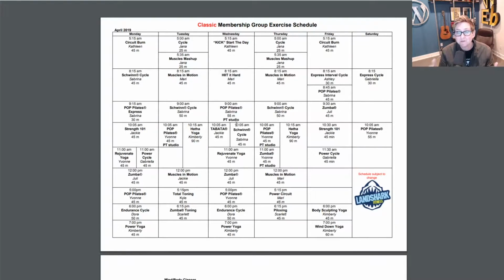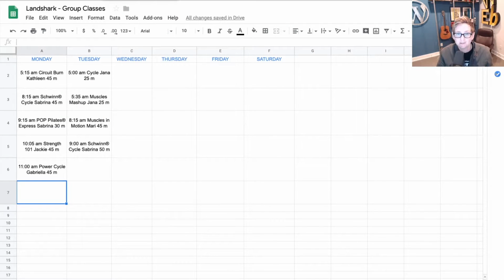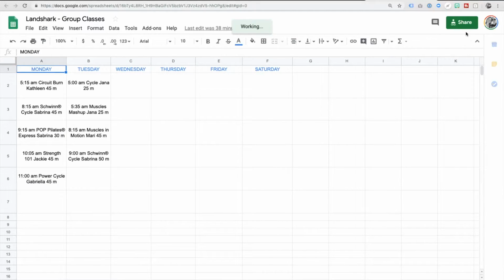The problem is, while that might be convenient for the member, it is not convenient for the admin side of this. Having to update this darn thing consistently, then send it over, get it updated, it's too much. So I want to challenge you to use something like Google Sheets to do this. You can come into Google Sheets easily and quickly, make this same layout for your members or whoever needs to be seeing this. And then you're going to use this share option over here.